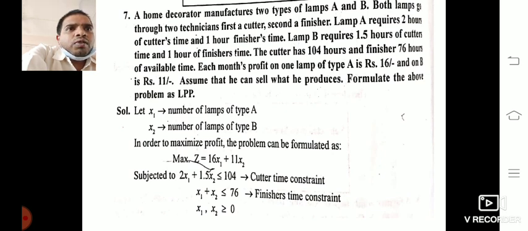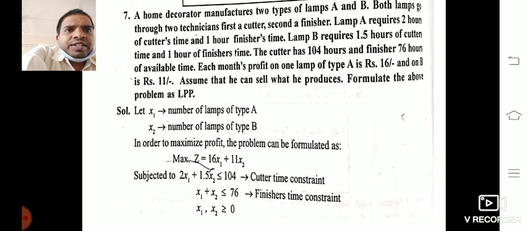The cutter has 104 hours and the finisher has 76 hours of available time. Each month the profit on one lamp of type A is rupees 16 and on B is rupees 11. Assume that he can sell what he produces. Formulate the above problem. Let x1 be the number of lamps of type A, x2 the number of lamps of type B. Next, maximize, because the problem comes under profit. Type A is rupees 16 and type B is 11, so we can write the maximize equation Z equals 16x1 plus 11x2,